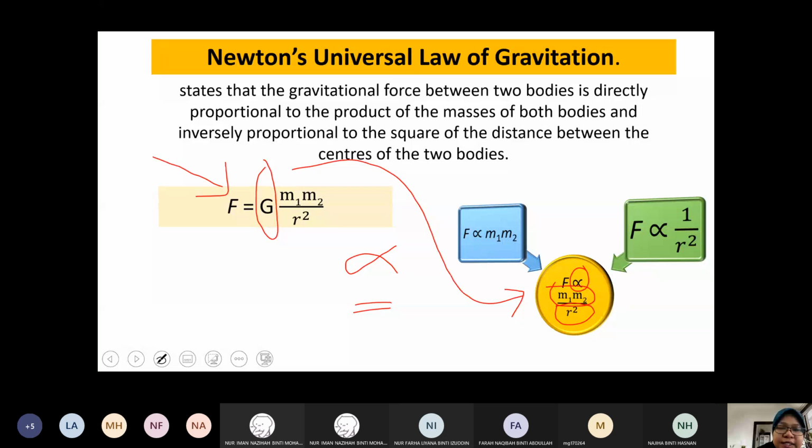G tu adalah constant. Okay, I want to hear the word constant. Okay, so kenapa kita ada constant tu? Sebab kita nak ubahkan, kita nak ubah simbol hubungan ni nak jadi mathematical equation. So equation tak sama dengan relationship kan? Relationship is you cannot get any other numbers from relationship. So relationship is just telling you apa hubungan dia lah antara dua tu. Okay, tapi kalau sama dengan tu, okay, daripada relationship tu nak jadi sama dengan